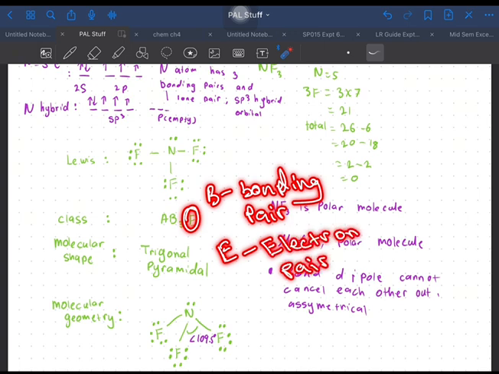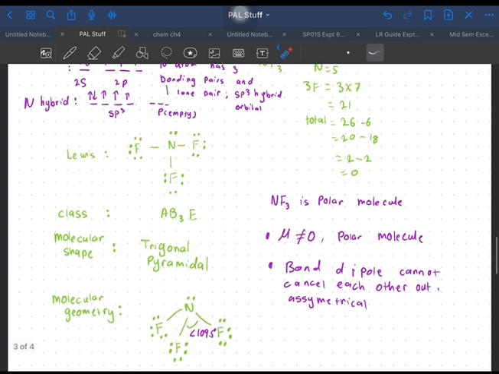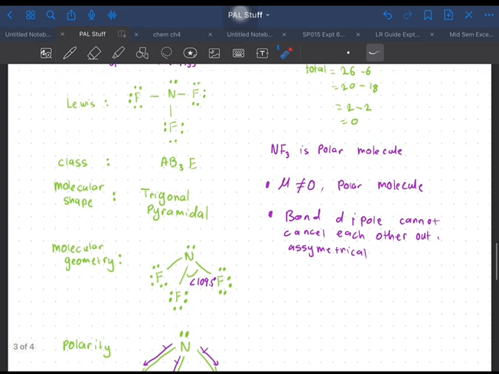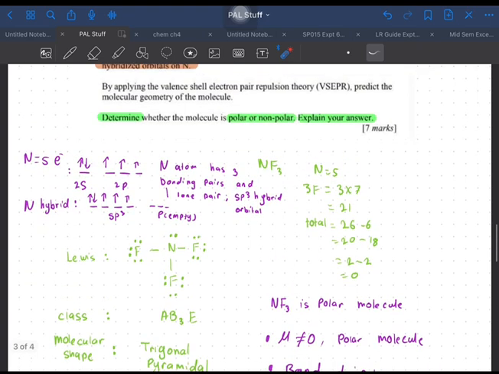So here there are 3 bonding pairs, 1, 2, 3. That's AB3, and 1 electron pair, AB3E. The molecular shape is trigonal pyramidal. The molecular geometry is what causes the bond angle of 109.5. To draw,